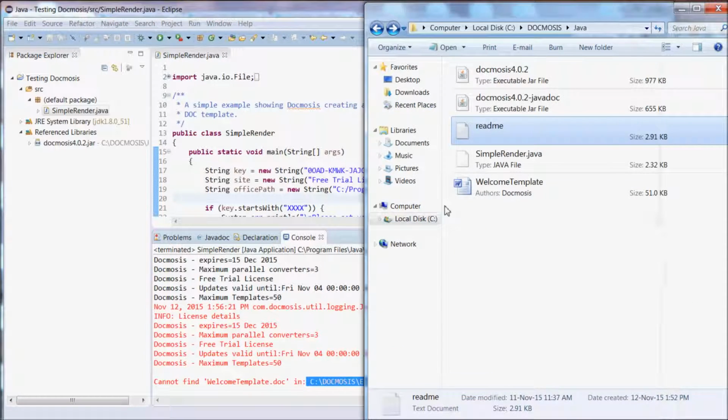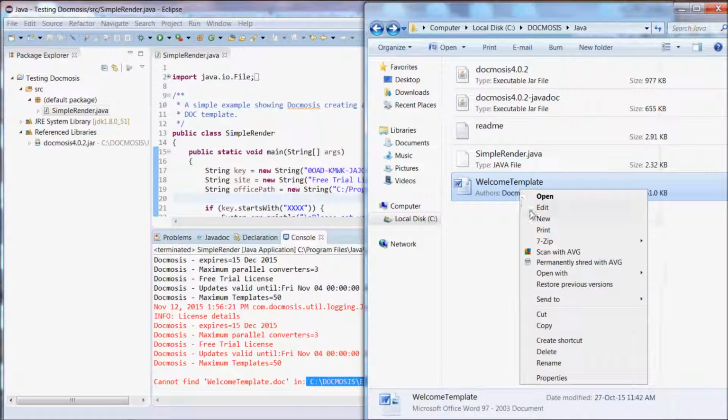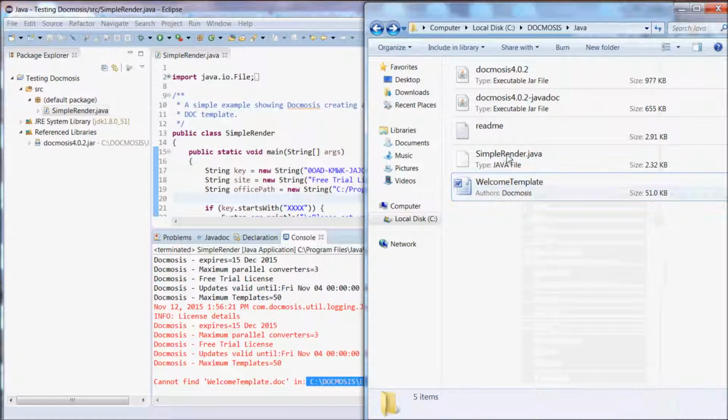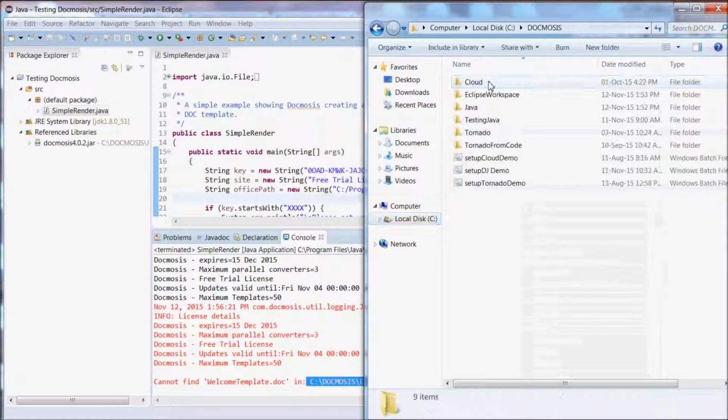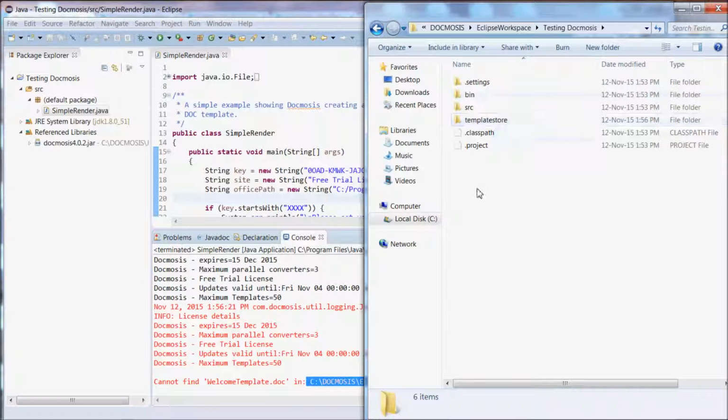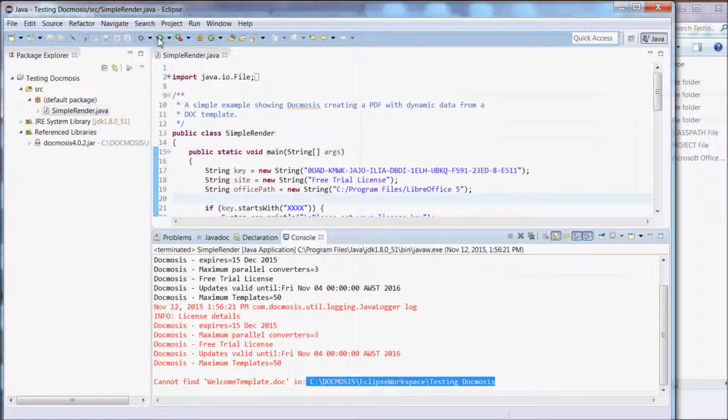So I'm going to go back to my welcome template and just copy that. And I'm going to go to C drive, Docmosis, workspace, testing, and just add the template in there. If I run the sample code again,